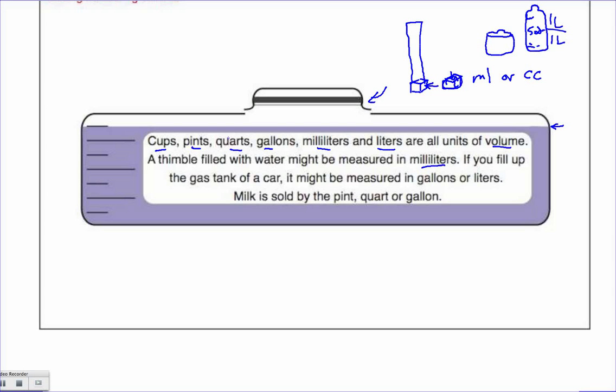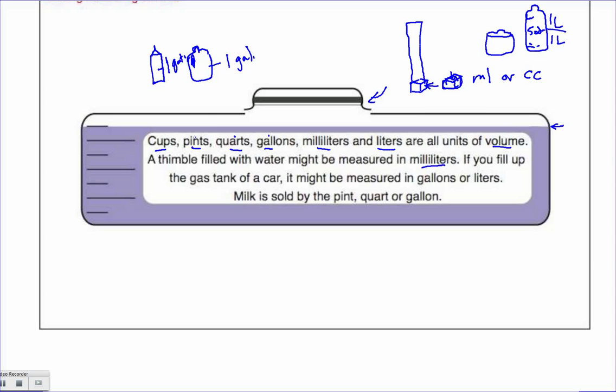Now, quarts and gallons. When you go to the store and you buy milk in a plastic container, it's got the little handle on the side right here. Not a very good artist, but that's a jug of milk. That is 1 gallon. And then the little skinny cartons that look like this, not the ones that are kind of wider, that is a quart. 1 quart. And again, the water bottles that you drink out of are about a quart as well. Not the little small ones, but the pretty decent sized ones. Those are about a liter or a quart. And so these all measure,